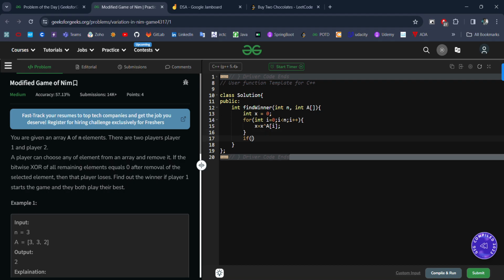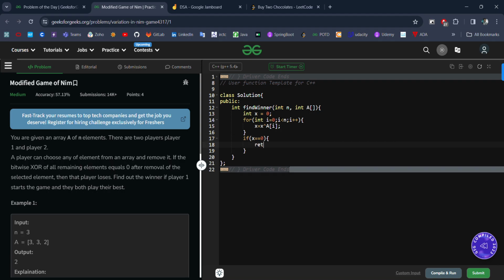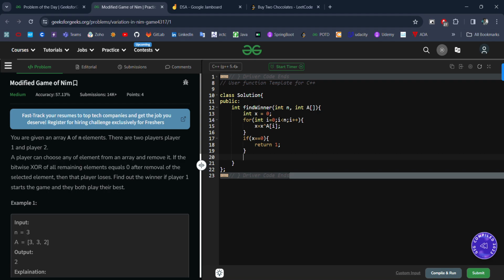After this loop we need to check whether x is equal to 0. If it is equal to 0, in that case user 1 will be the winner.